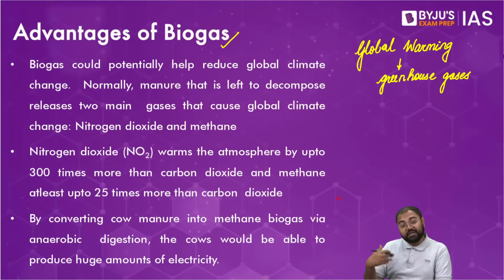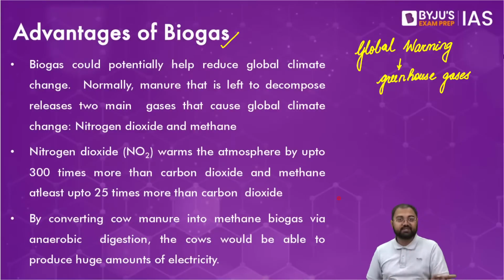But because we are adding extra methane into the atmosphere, we also need to somewhere offset that extra amount, and this is one of the ways in which we can offset it. So that's why methane based biogas production becomes very, very crucial from that perspective also. That is one of the advantages that we also have to think of,